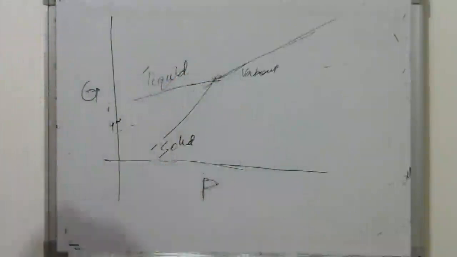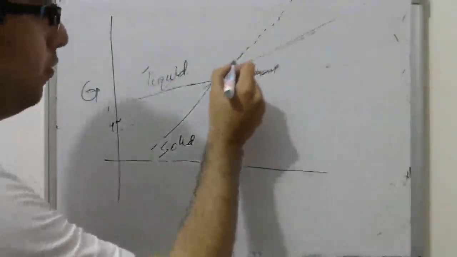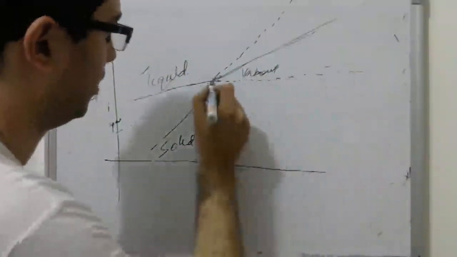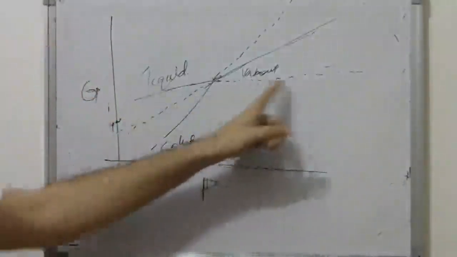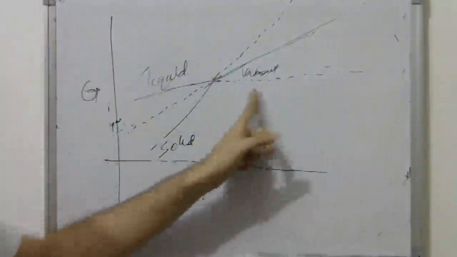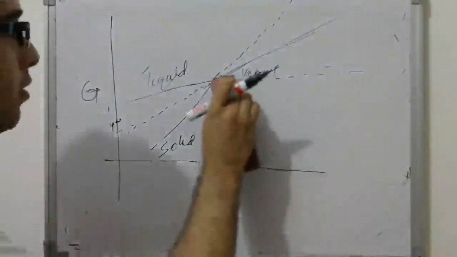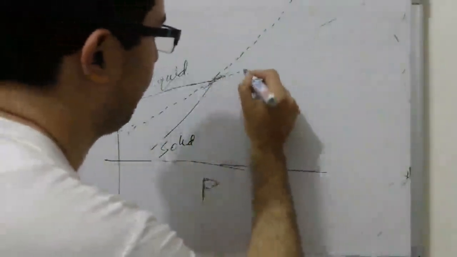Liquid, solid, vapor all have their own imaginary lines if you extend them. So this would have been the liquidus line. Had it existed as liquid, it won't be like that. It will be something